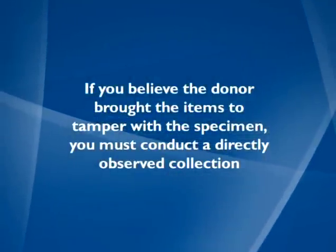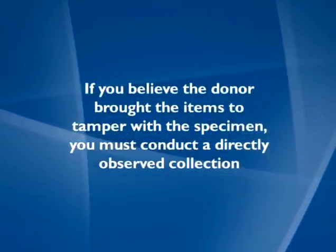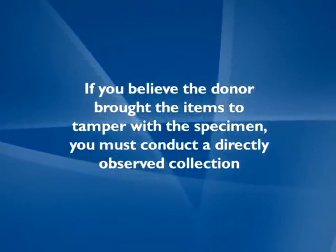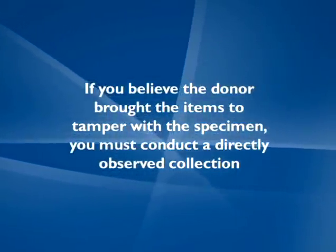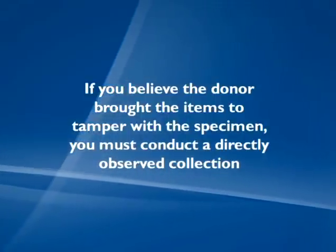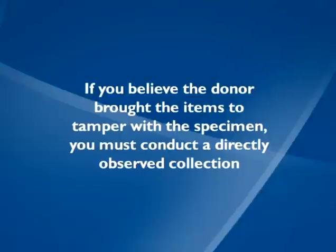However, if you believe the donor brought the items to tamper with the specimen, you must conduct a directly observed collection. The specific procedures for, in addition to other circumstances that trigger, a directly observed collection will be discussed later